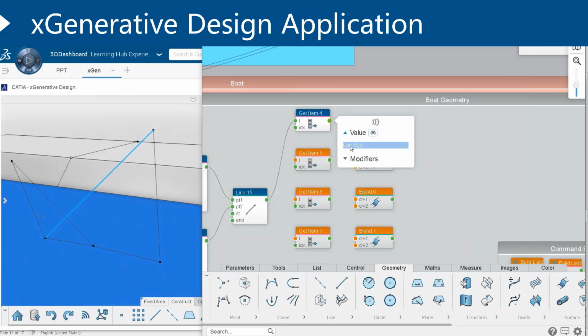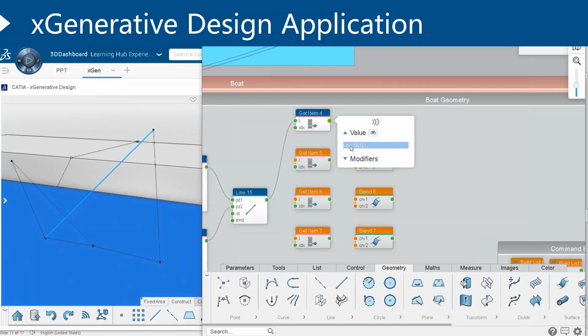So what is this generative design application? It's a new application that you can access with 3D Generative Innovator Pro. It's a browser-based app, so you can only use it on the cloud. It allows you to use generative modeling, and it uniquely combines graphical visual scripting and interactive 3D modeling, with the ability to use one or the other